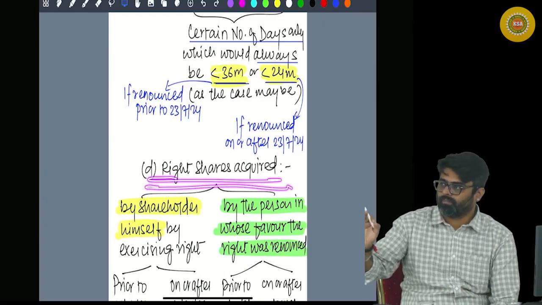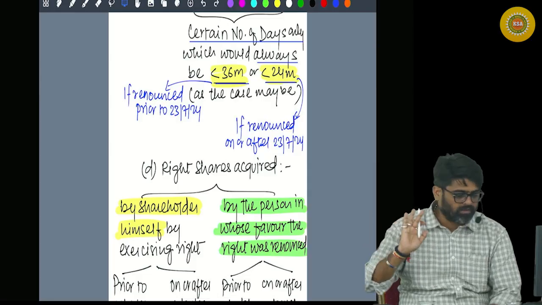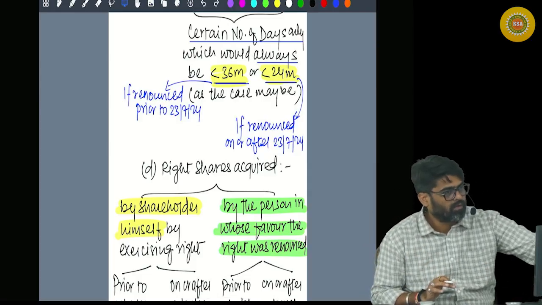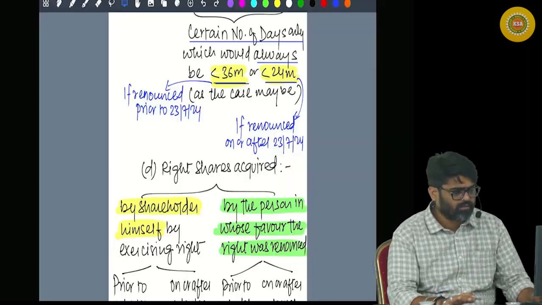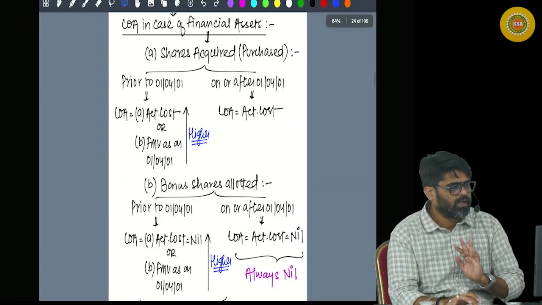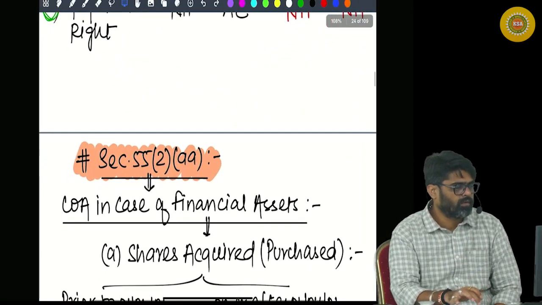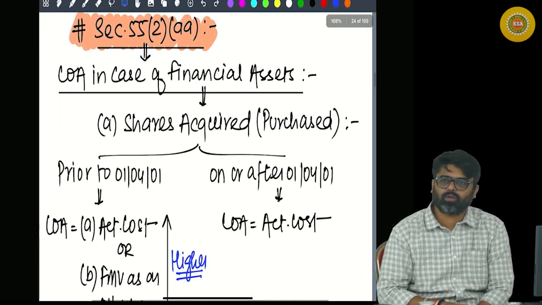You will have to apply some logic and common sense. If I ask you the question, you are supposed to give me the answer logically. Logic and common sense will be enough. Now tell me, 55 to AA talks about